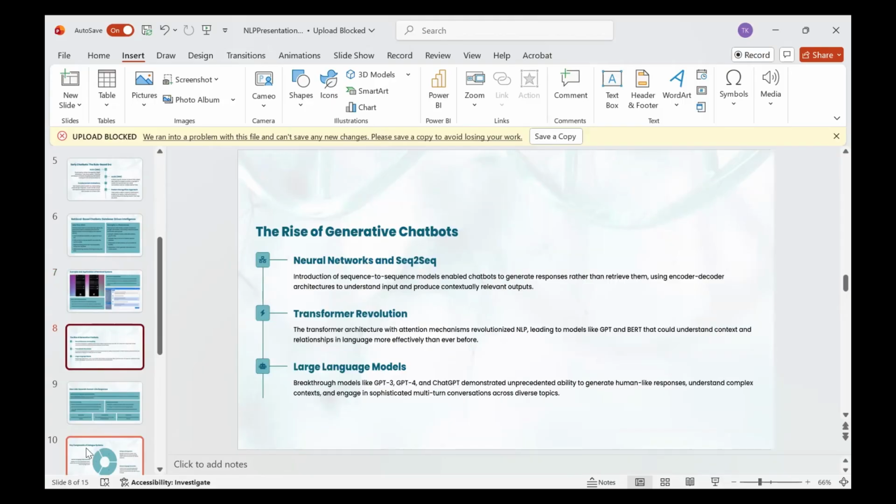Due to the disadvantages of the previous approach, generative chatbots have risen. The next revolution came with generative chatbots, where the introduction of sequence-to-sequence neural networks enabled chatbots to generate responses dynamically rather than retrieve them. So these models,